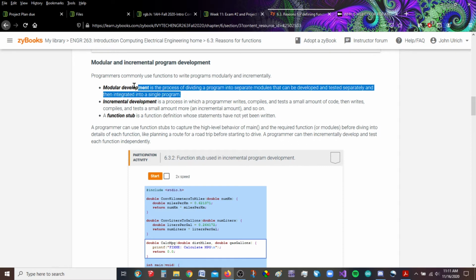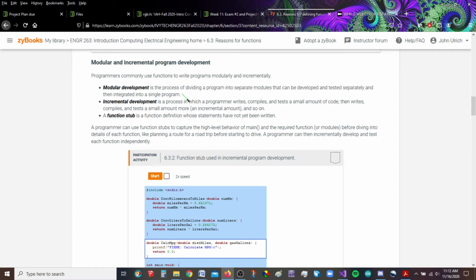Modular development is where you divide everything ahead of time into separate modules that can be individually tested separately, in a silo, and then at the end combined into a single program. That's the way most software development works, right? You don't just have people sit down and write Windows incrementally from scratch. They divide it up between a lot of different project groups, and each group is working on a specific piece,